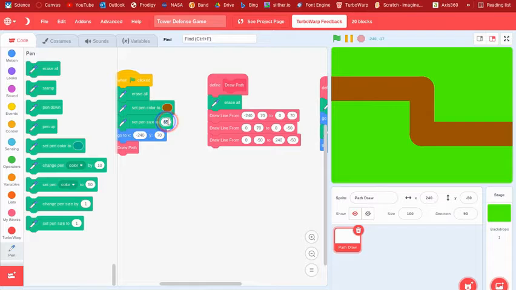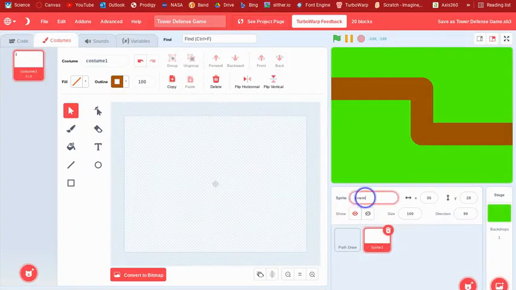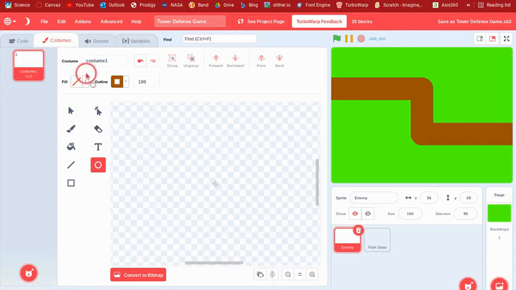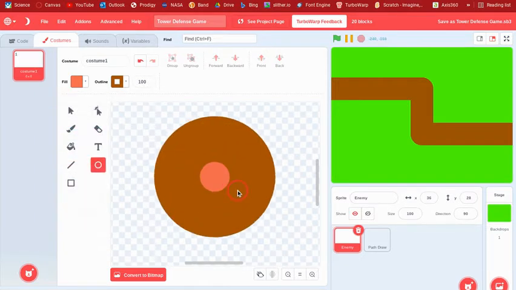Yeah, it's really simple. I mean, you guys draw a better path, okay? That's what you guys have to do. But I'm just gonna do this. Now, then we're gonna need a new sprite, and we can call it enemy, because this is gonna be the enemies that go on the path. So then, what we can do is draw. I'm just gonna have one type for now. I will show you how to make more types in later episodes. So then I'm gonna just draw my enemy,